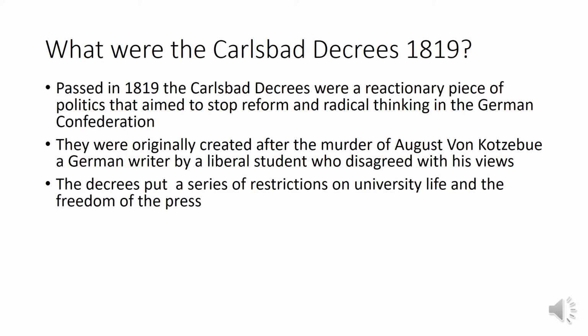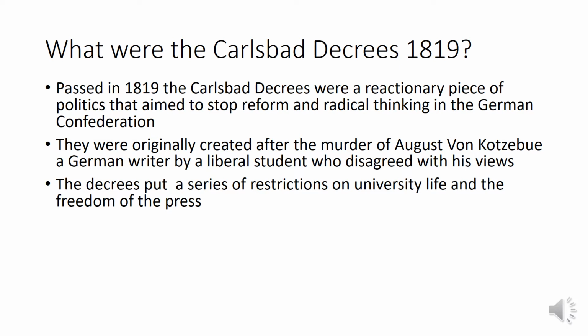Now, the freedom of press is a really important issue. The freedom of press allows for newspapers at this time to criticise the government. They don't have to just be complimentary. They can criticise. They can say, I don't agree with this. We don't agree with what you've done here. They can put forward other political views. For example, they might say that they believe that the people should have more say in the laws that are made in a country. That might be something that their newspaper actively promotes. Now, this is going to be a problem for reactionary rulers. They don't want these sort of things being discussed.